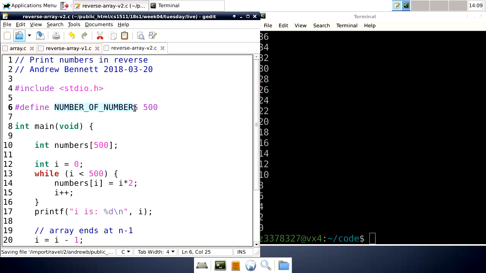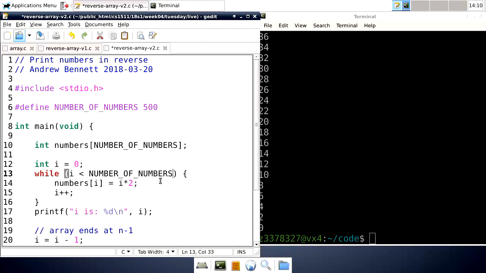And so what this line of code here means is when the code has been compiled, it does like a find and replace, and it replaces every one of these with this number here. So in our final code, this doesn't appear at all. This number of numbers goes away. But it means that in our code,